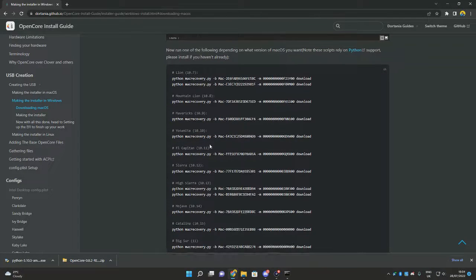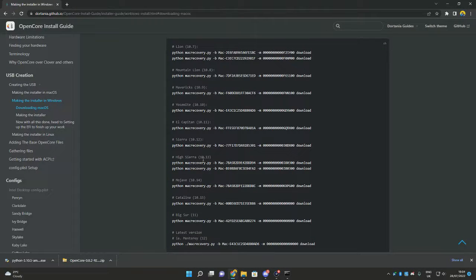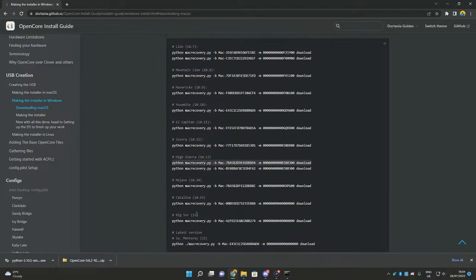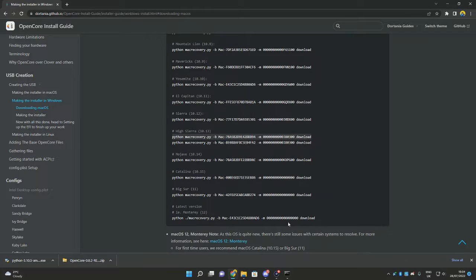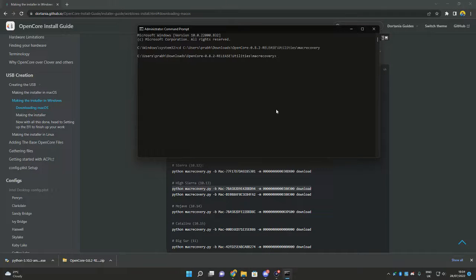Then you scroll down and select what macOS version you want to use. Now, like I said, for Skylake, you need at least El Capitan or over. So I'm just going to choose High Sierra. You can choose Mojave or Catalina or Big Sur. I'm not sure whether Skylake supports Monterey, but if it does, just select that. And if you want to run Ventura, which is the latest macOS version, it still needs to be released, but for now, once it releases, you can select that. But I'm going to be using High Sierra for now, so that so much disk space doesn't be